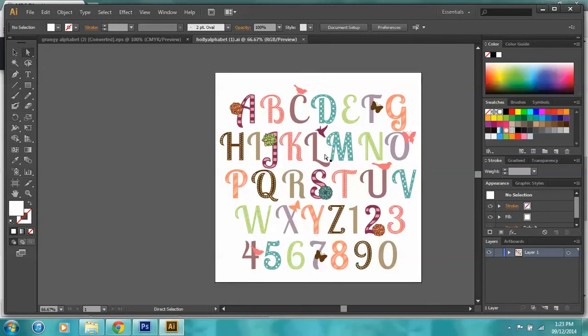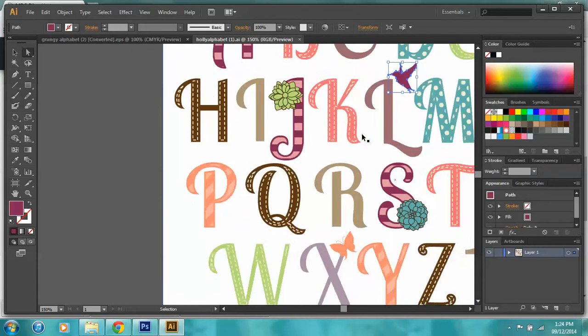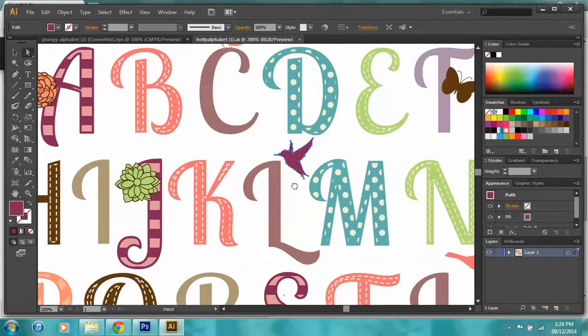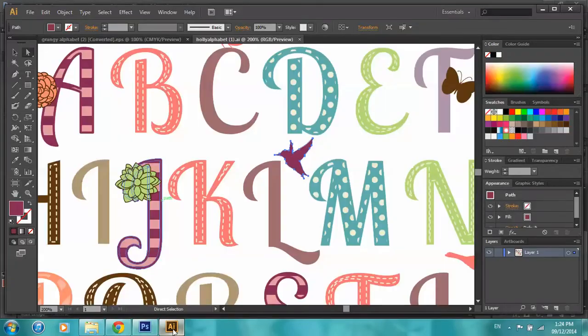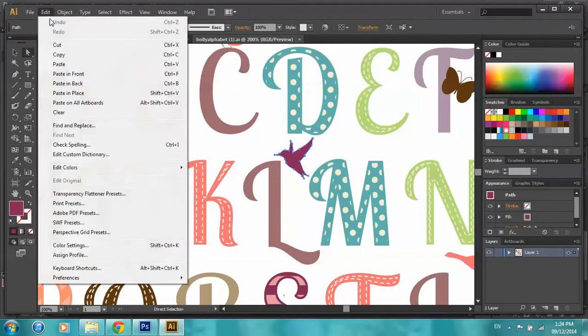So your direct selection tool, just make sure that you click inside the shape, not on one of the paths or the little dots there. And those should all come up blue. So if I zoom in, you can kind of see how all these dots are blue. That means that they're all selected and it'll copy properly. Edit, Copy,